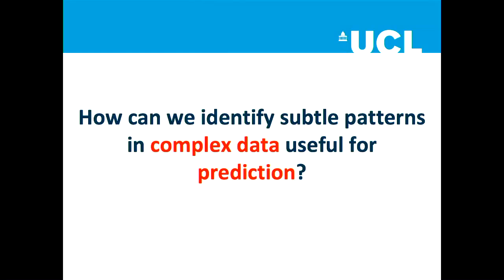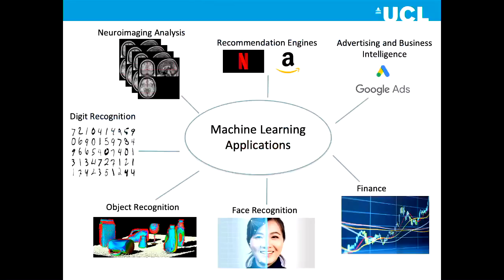I would love to, but I won't have time to give an introduction to machine learning. Machine learning applications for prediction are nowadays everywhere, in addition to neuroimaging analysis. Machine learning tries to find some patterns in training data that can then be used for prediction in new test data. There are examples from recommendation engines, face recognition, and object recognition. I'm pretty sure everyone here has touched a machine learning algorithm before coming here today, at some point.